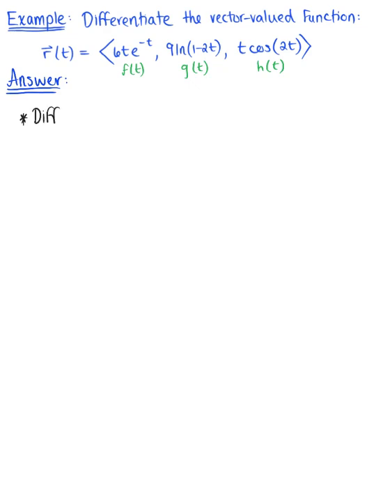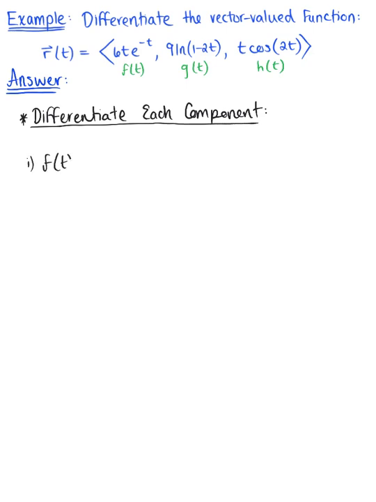So I'm going to start here by differentiating each component separately, and then we'll put it all back together at the end. So differentiate each component of your vector-valued function. So our first component, we have f of t is defined here as 6t multiplied by the natural exponential raised to the minus t. So we're going to differentiate both sides here with respect to t. So taking the d dt of both sides of this